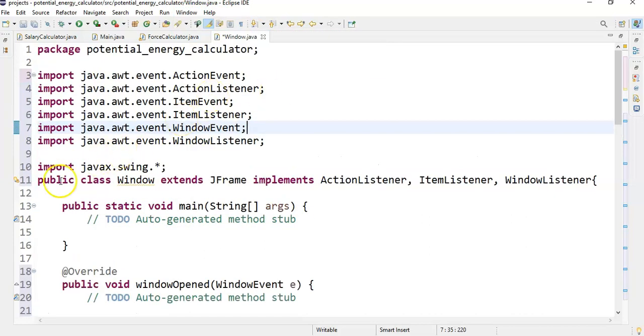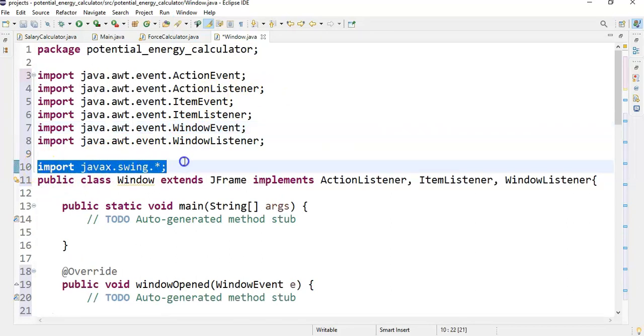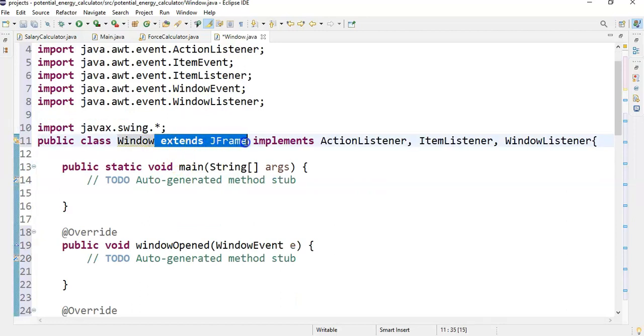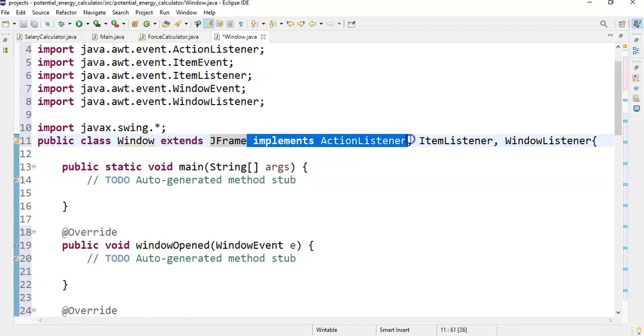Okay. So first, import javax.swing. I believe you've done that. After your class, extends JFrame. Now your buttons will need action listeners. So implements ActionListener, comma, ItemListener, comma, WindowListener. Once you've done that, you have errors here. So right click on it, then you select import